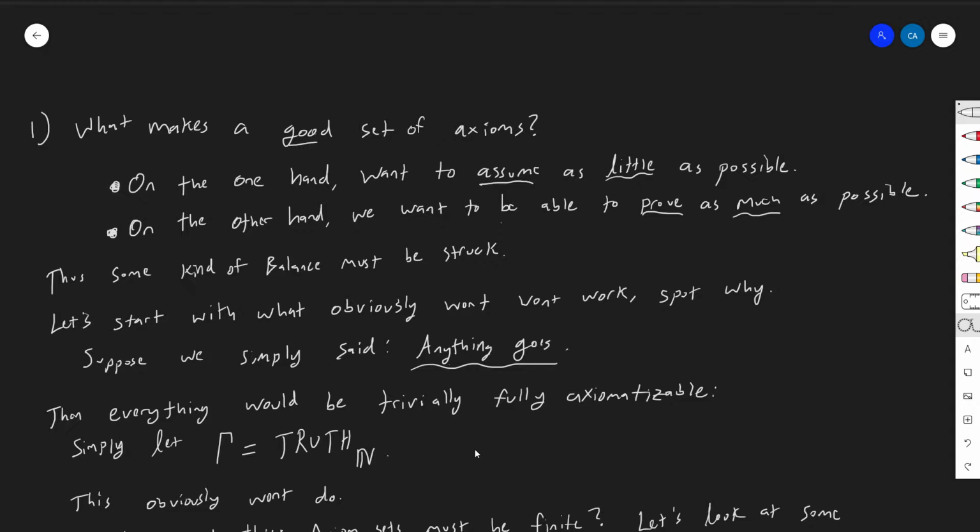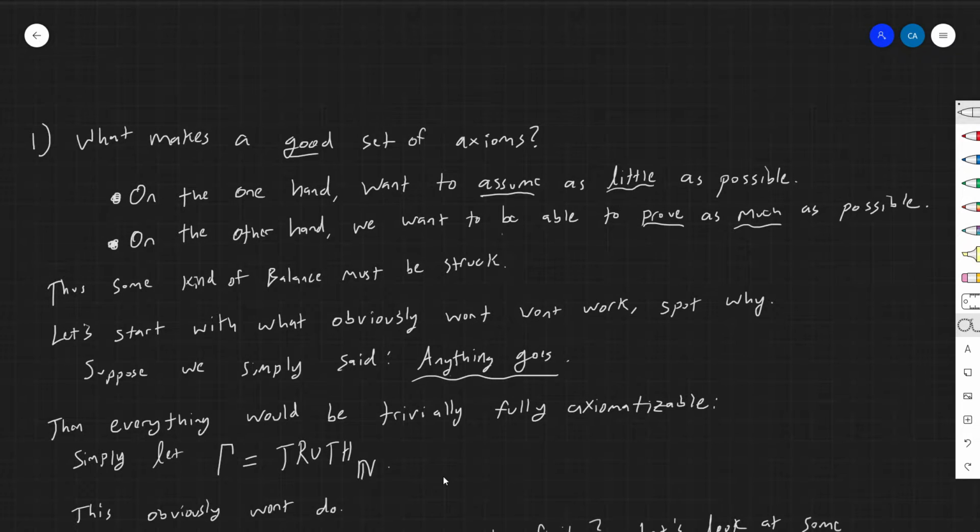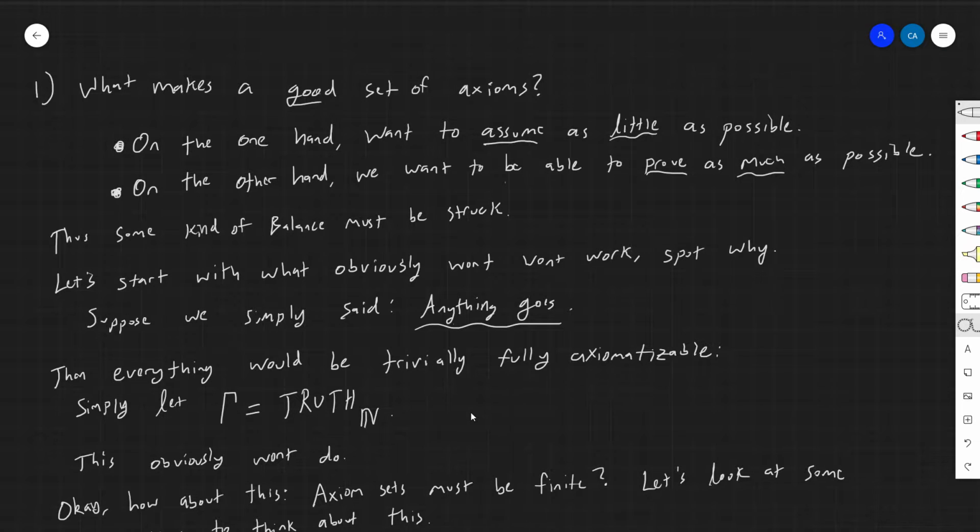And maybe more importantly than defeating the purpose is the fact that I can't look at this set of axioms. If I said that this was the set of axioms, I would have no idea how to write that set down, and that also won't do. Axioms should be things that I should be able to write down and have a full list of, right? So that's not going to do for that reason also. At the very least, an axiom system should be a set of sentences that I can write down. And this is not something I can write down, because I don't know what it is. So that won't do for those two reasons.